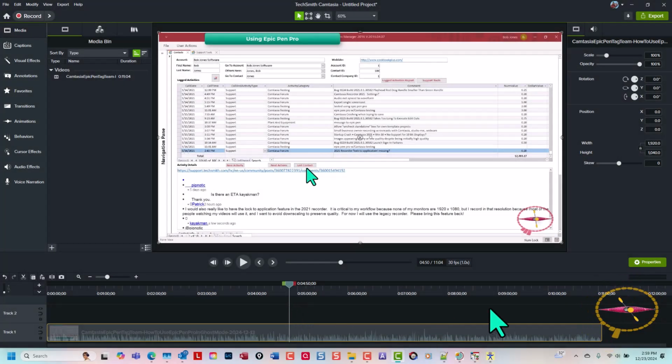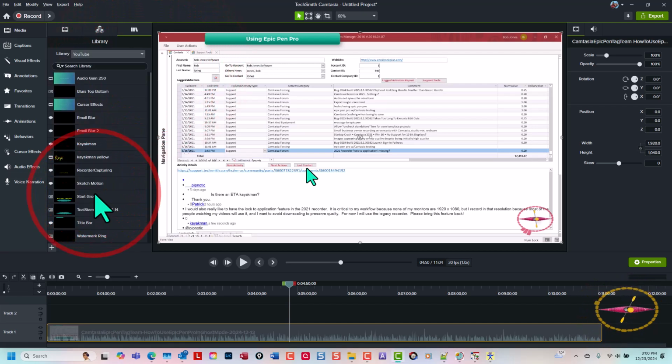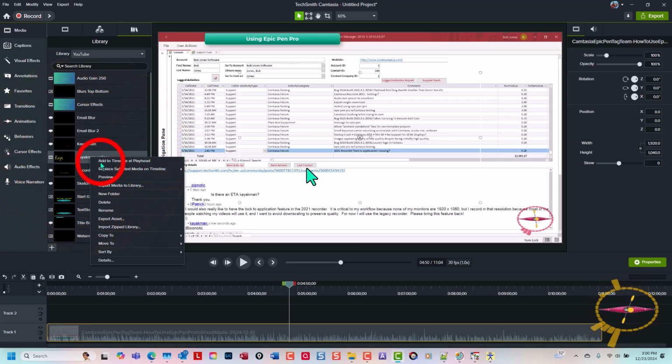Here I'm working in a totally different project, and what I want to do is use my little kayaking asset I just made in this project. So we'll use the R key to go to the library, and it was Kayak Man Yellow. Right click, add it to the timeline,